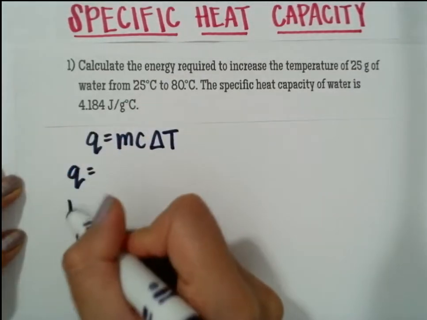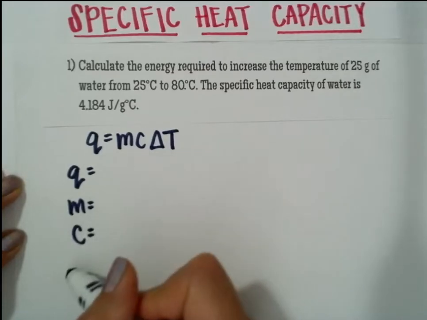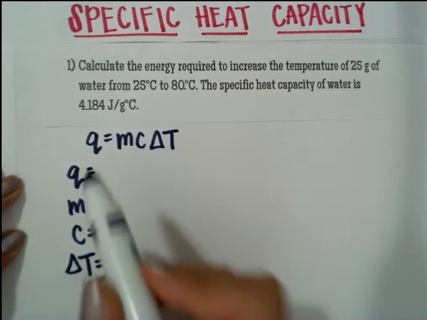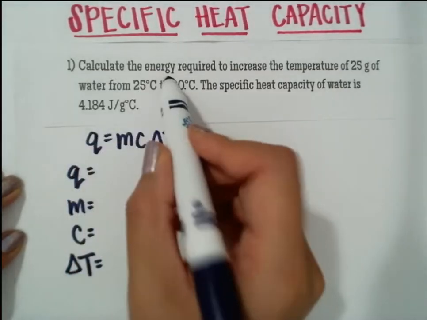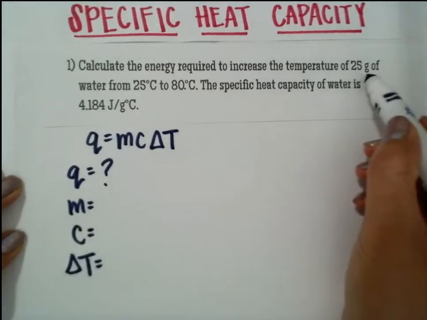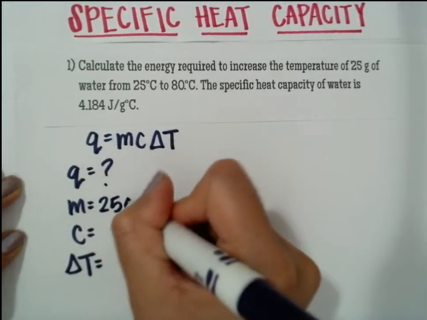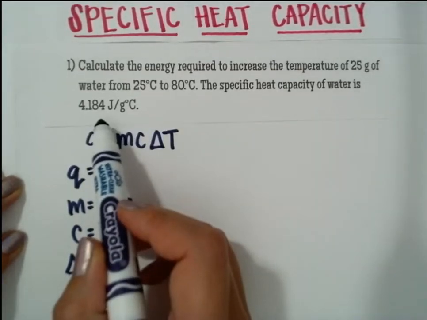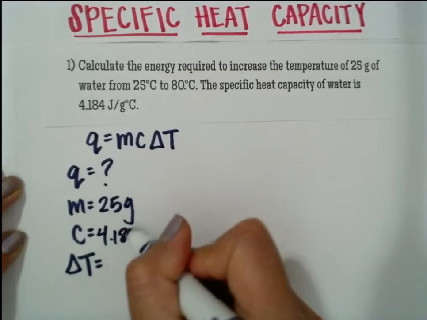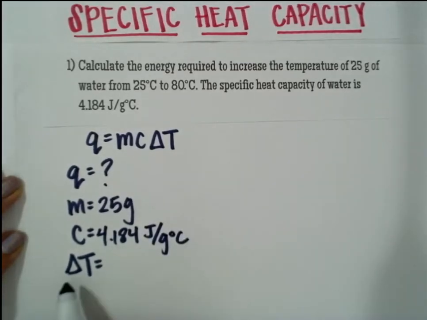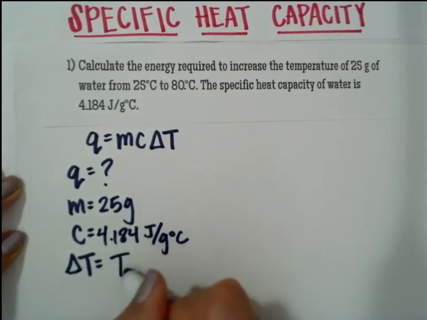Q, m, c, delta T. Remember, Q is energy, and the question says calculate the energy, so that is what I'm solving for. M is mass, so 25 grams. C is specific heat capacity, and it gives that to me in the problem for water, so 4.184 joules per gram degree Celsius. And then delta T is the change in temperature, so remember it's T final minus T initial,